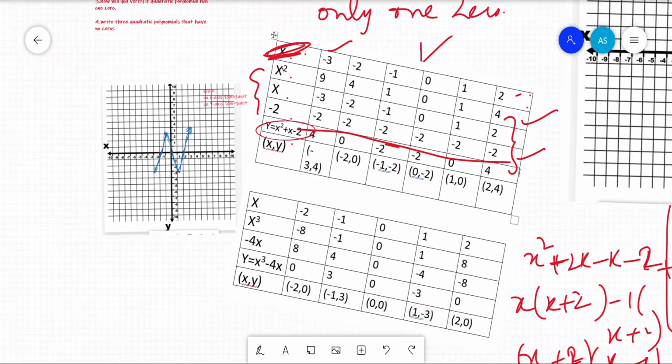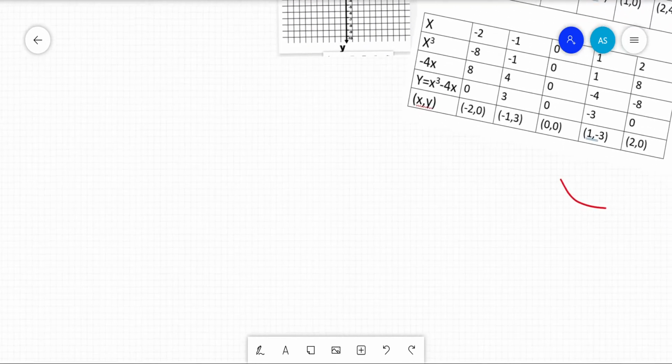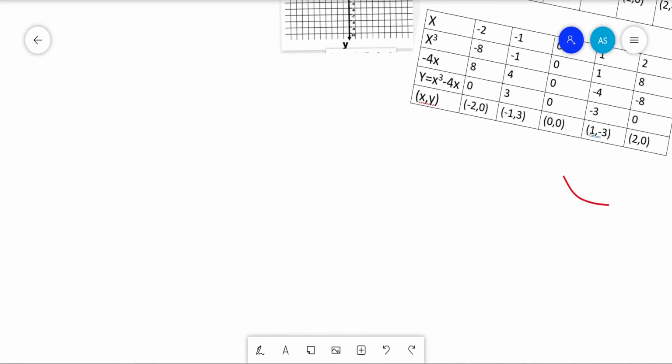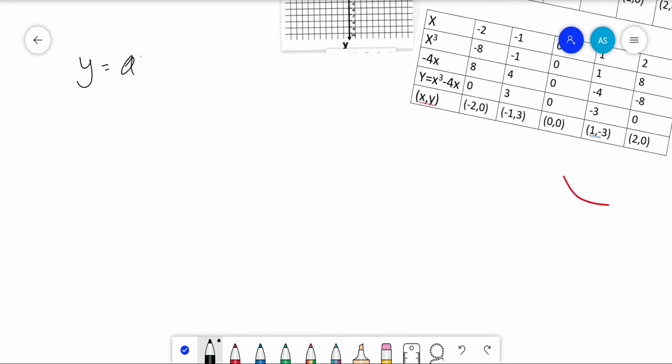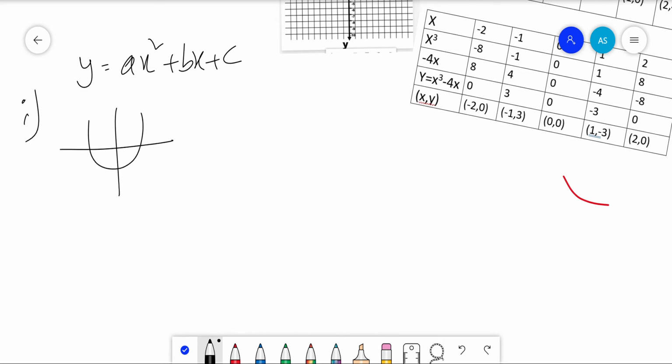Next, if you want to find out the nature of graphs for y is equal to ax square plus bx plus c, the graphs will be in three cases. The first is like this. It has two distinct zeros, and otherwise like this it will be. Here also two distinct zeros, but here a is less than 0, the x square coefficient is less than 0, and here a is greater than 0. This is the first case.